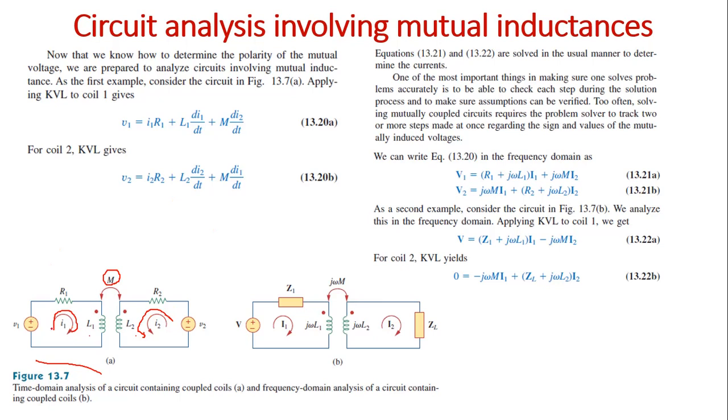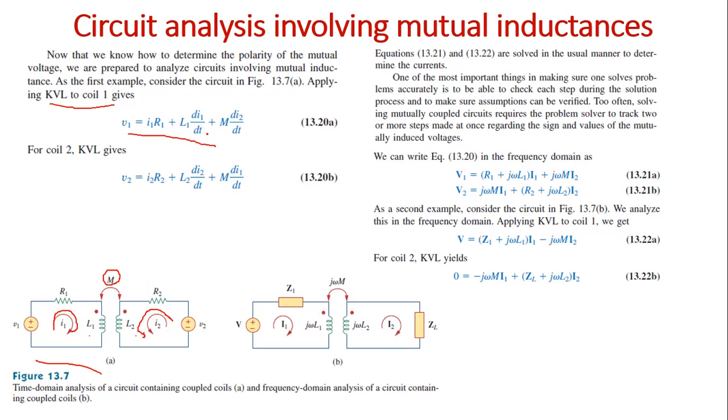Now let us consider this first circuit. We can apply Kirchhoff's voltage law to coil 1. This is one loop, and the sum of voltages across the individual elements in a loop is 0. So V1, the source, is equal to the drop across the resistor: the current through the resistor is I1, so the drop is I1 R1, applying Ohm's law, I1 R1 plus